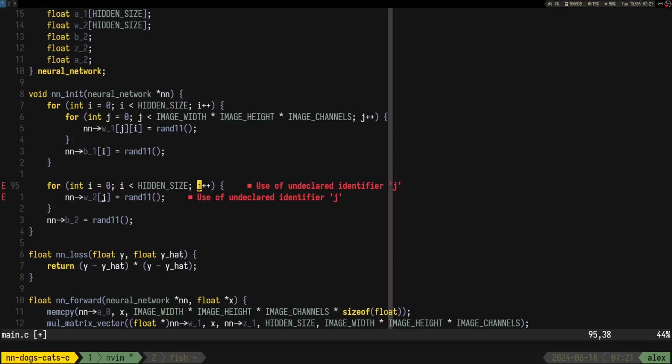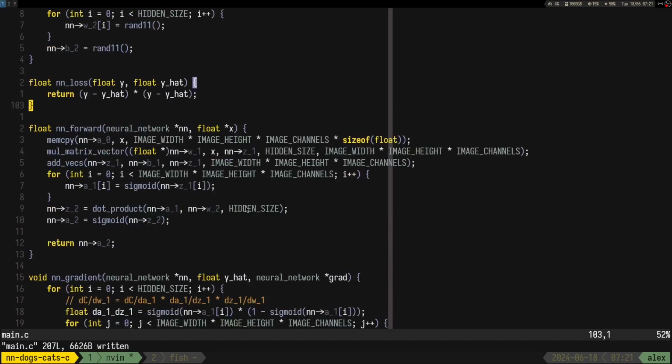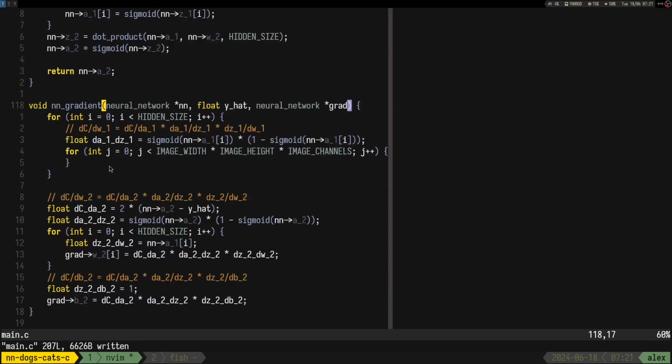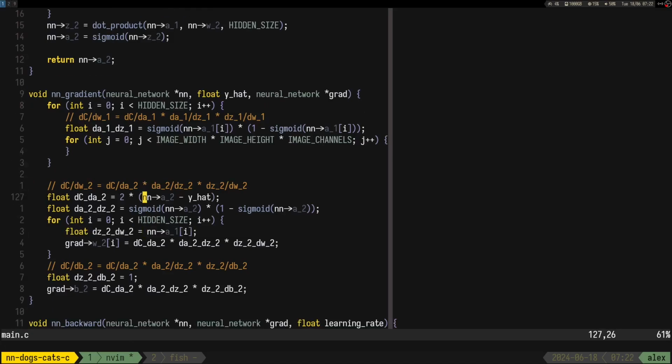Like, let's keep I for the hidden size and J for the image size or something. We could have done it the other way, but whatever, it doesn't really matter if you think about it. But yeah, so